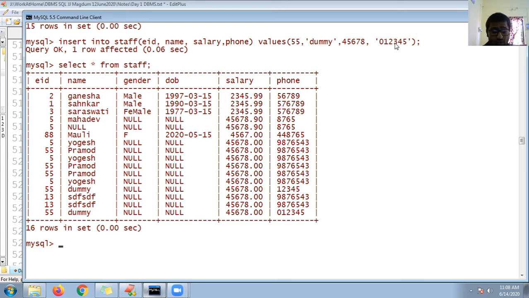But if you use single quotes with numbers, it will treat those numbers as characters, or you can call it text. I hope you are clear about what I'm trying to do. One time integer, one time varchar, and varchar without 0, with 0, without single quote, with single quote. Understood?